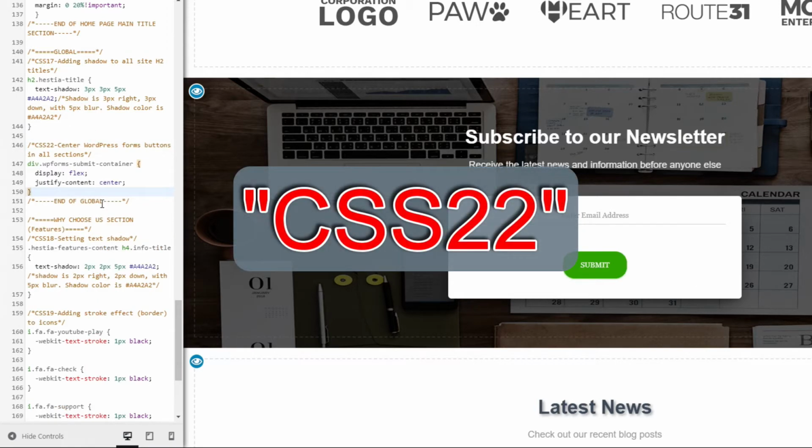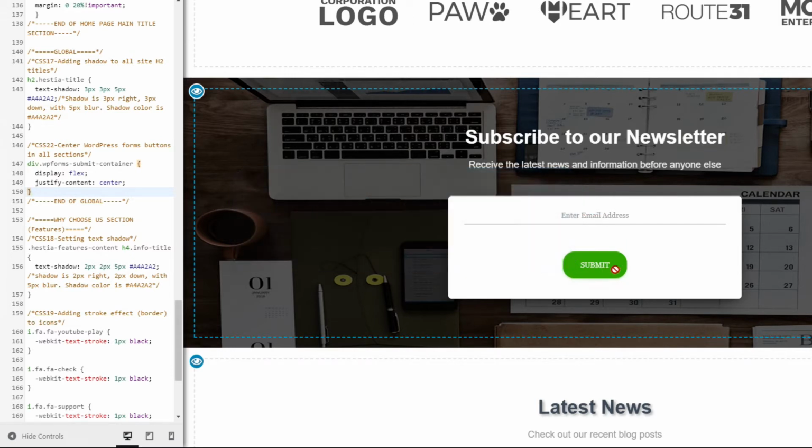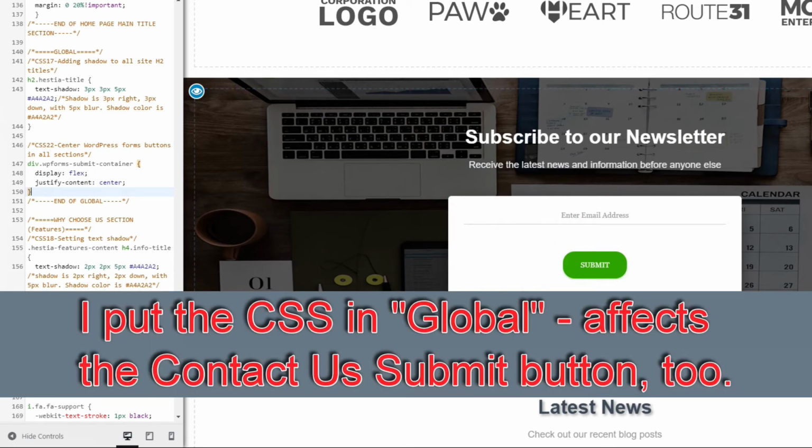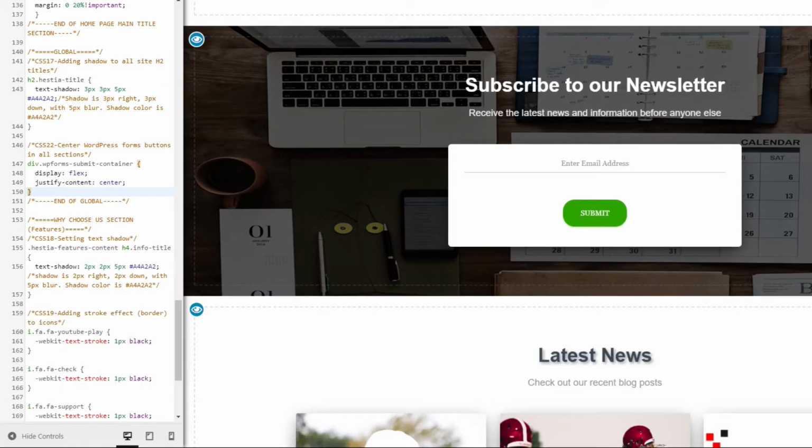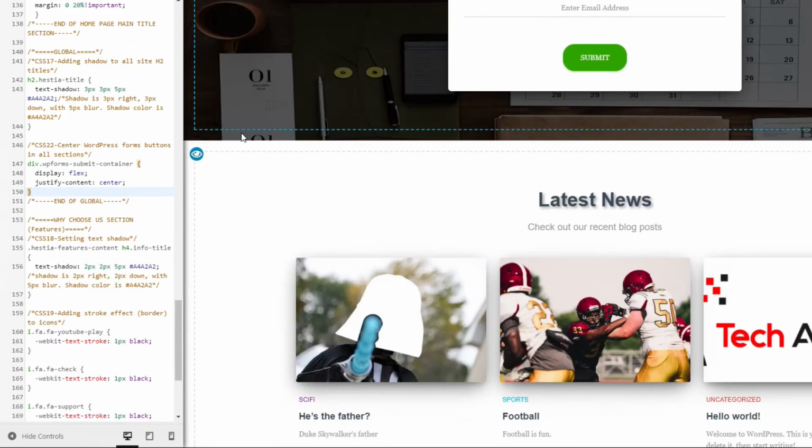All right, so this here centers that button on the form. So now we've got our text on this line centered, and we've also centered the button on the form. So I think that section is done. I'm going to go ahead and save this, publish that, and we'll come down, see what the next thing we're going to do here. Come down here to our blog section next,